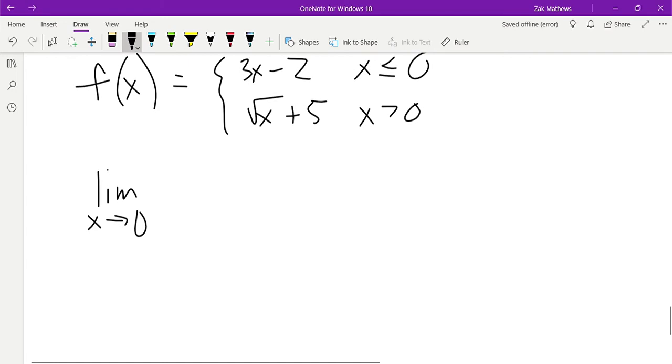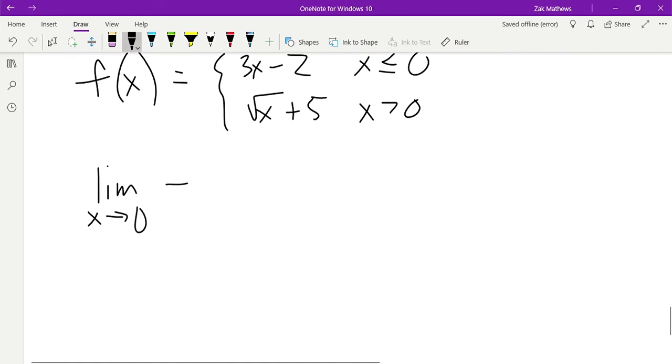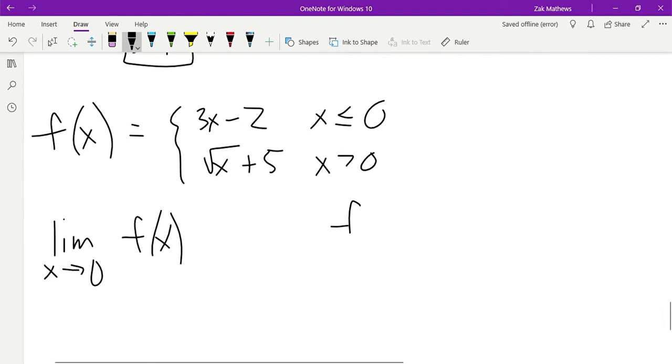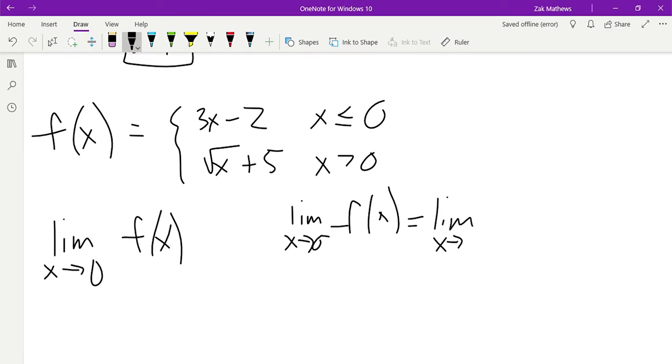Now, this is what I want to find of my function. But to do this, I really need to look at the one-sided limits. Remember when we were looking at the graphs, we had this potential for a limit not to exist if the limit coming from the left and the right did not agree. So let's find the limit as x approaches 0 from the left first. If we're approaching from the left, that means we need to be looking at the smaller side, in this case, the 3x minus 2. So we're going to be finding the limit